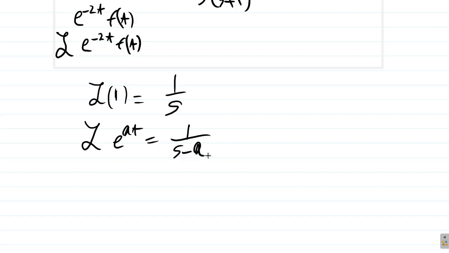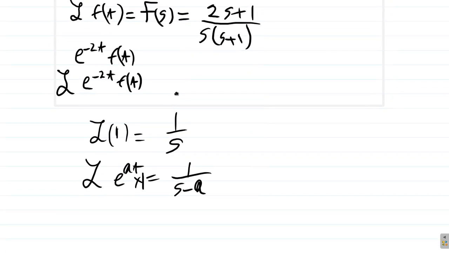Okay, now remember this is the same as 1 multiplied by e^(at). Let's put this on the left and say e^(at) times 1. Alright, so we have a shift here of negative a, or of a. Now this is called the first shift theorem. Remember that? So all we need to do now